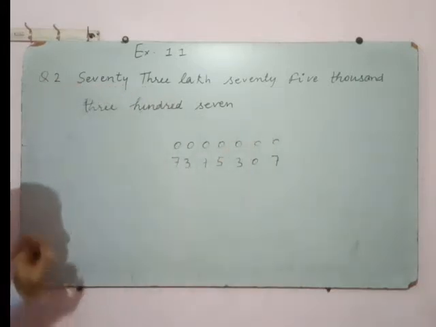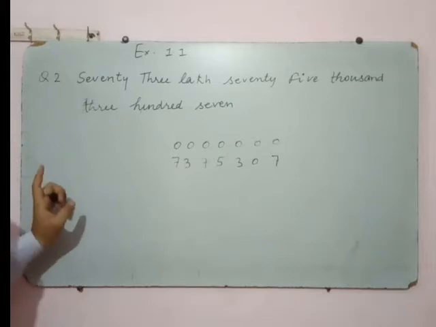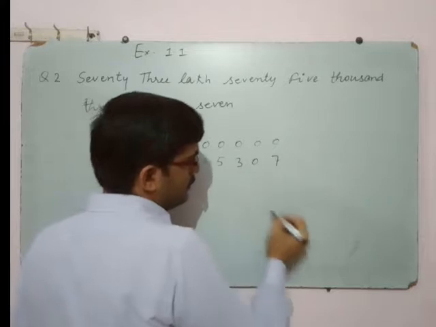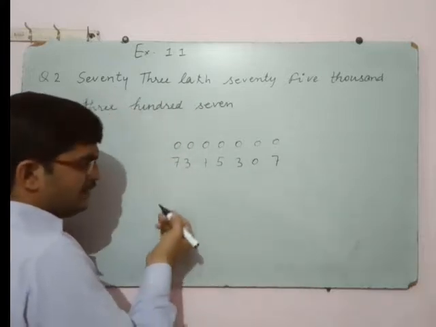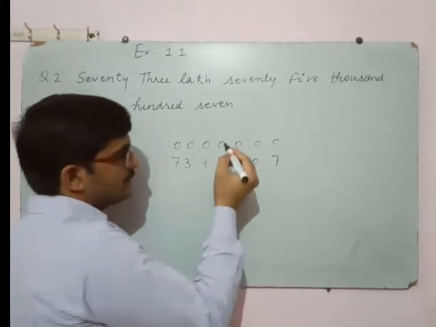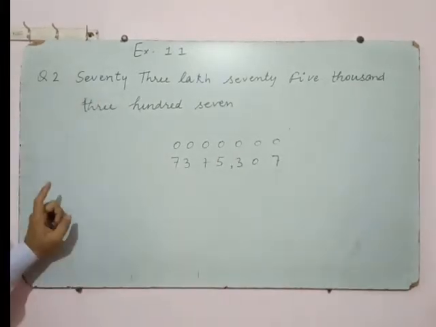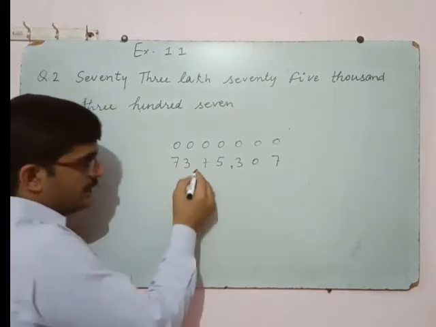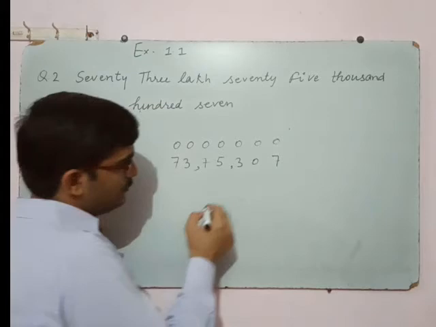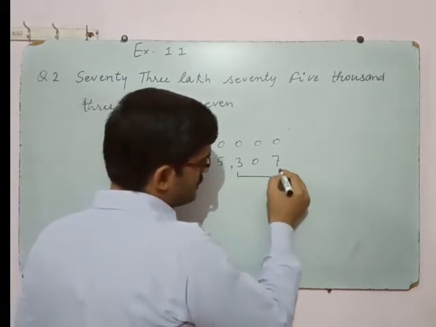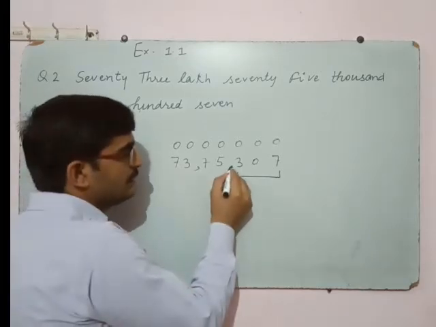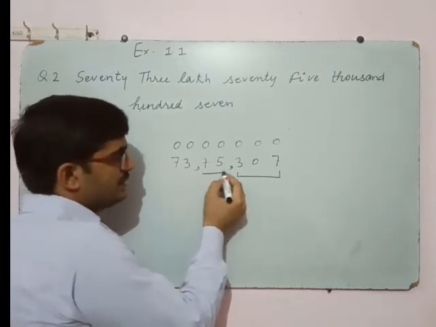Okay. So where you put the commas, you will put the commas in the Indian number system. We put the commas at first 3 places, then on 2 places. Okay. Like this. You will write the last 3 digits. First you will take the last 3 digits and put the comma. Then again 2 digits, put the comma.